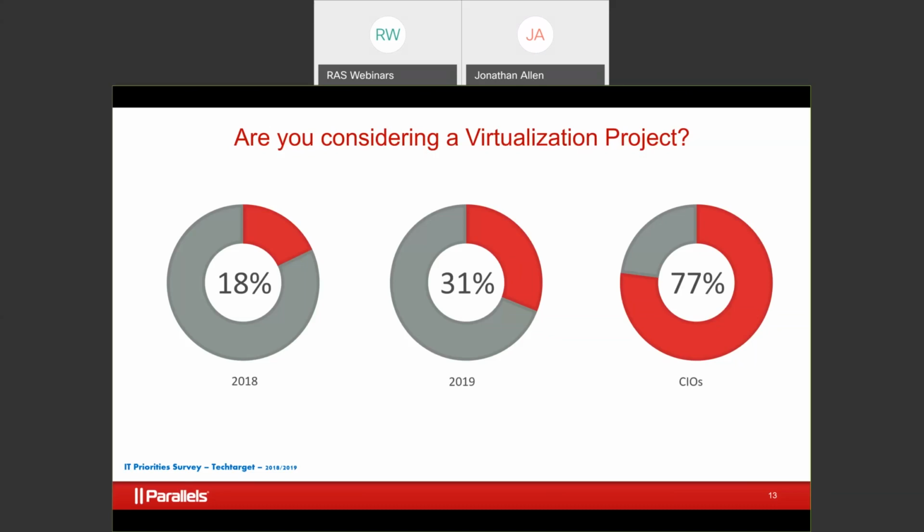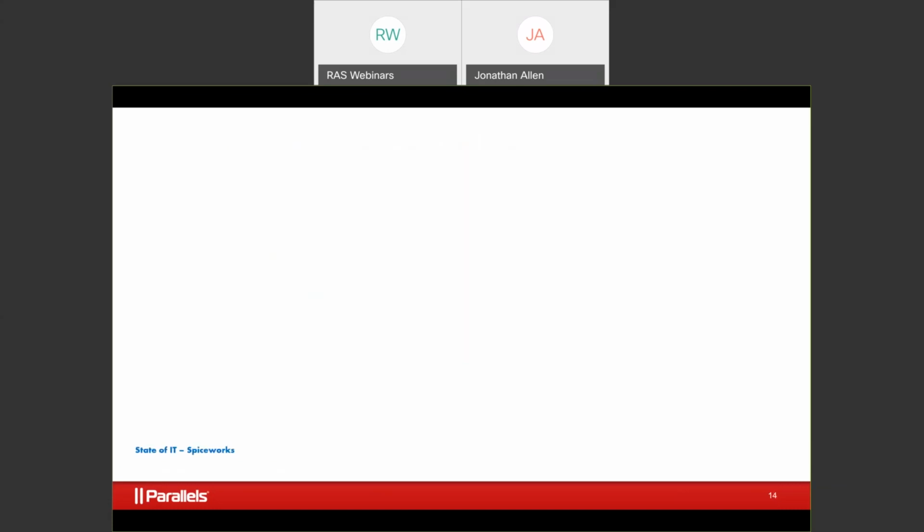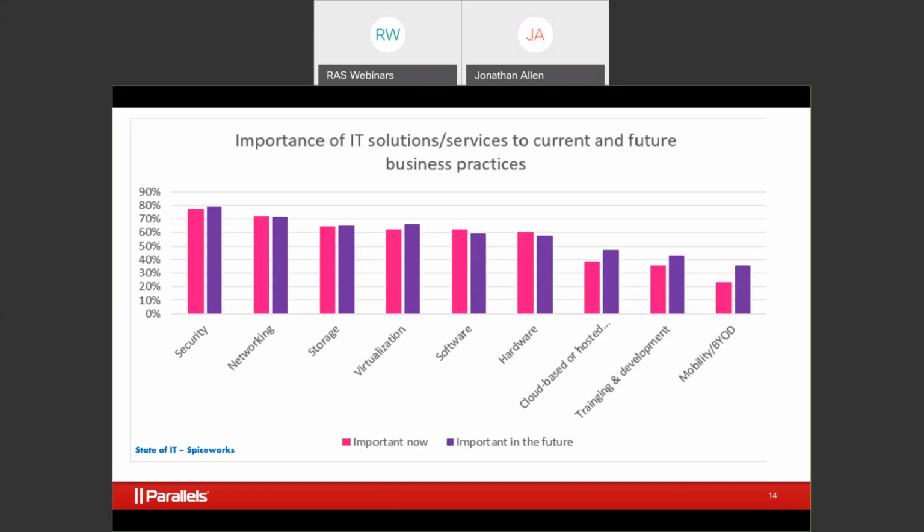Virtualization is a mature solution, but it's been utilized on a very customized basis for power users, and now the capability exists to push a virtualization framework across an entire enterprise or ecosystem to allow for maximum end user experience when you're dealing with a multitude of different end users. So what does that all mean in English? It means everybody is looking at doing something either now or in the future with virtualization. And this is a State of IT report that came from Spiceworks last year.